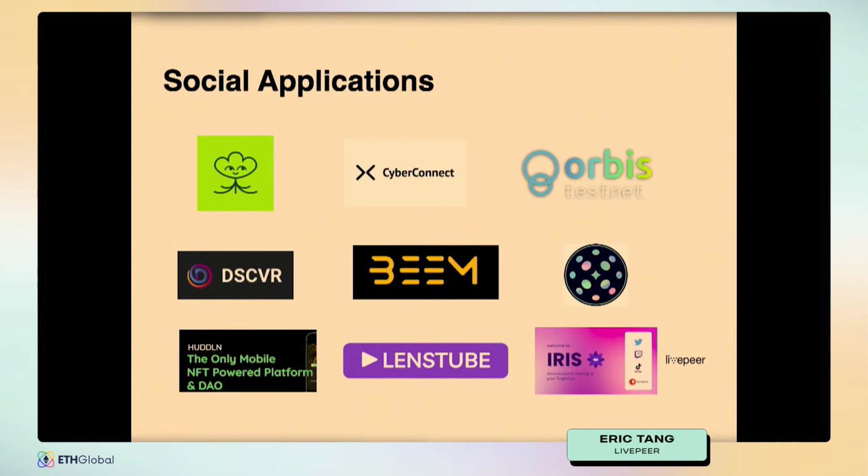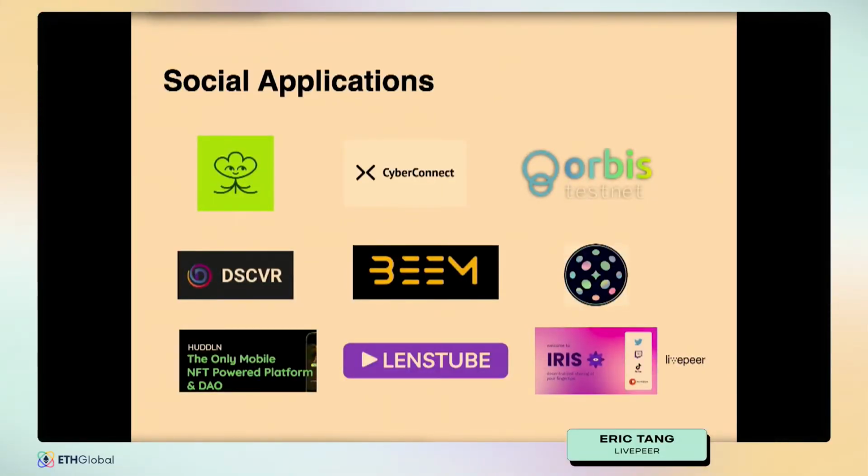Recently there's an interesting protocol that got launched called Lens Protocol, and it's kind of a social graph smart contract framework that allows anyone to build social applications on top. And people have been experimenting with Lens plus Livepeer, building video-centric social applications that are pretty interesting. But beyond that, there's already a lot of existing examples that you can take a look at. There's an application called Discover that's been live for a while.